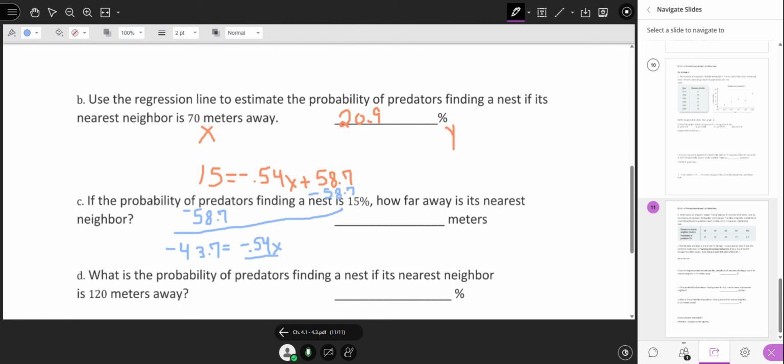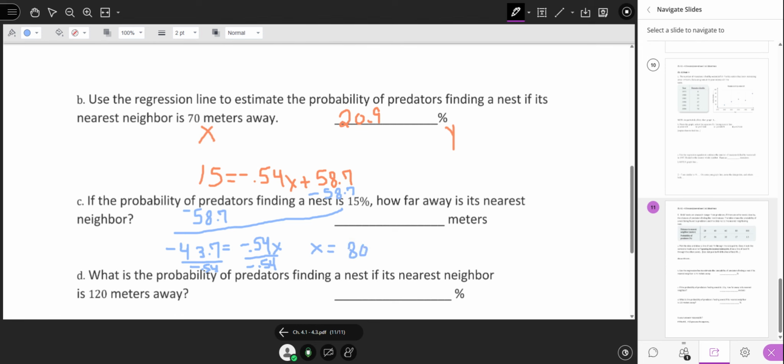Then divide both sides by negative 0.54. And that gives us approximately